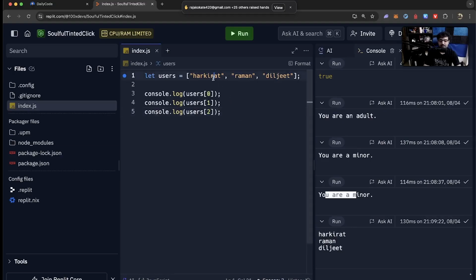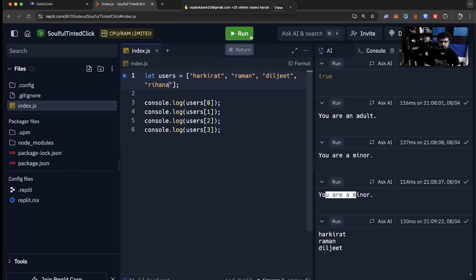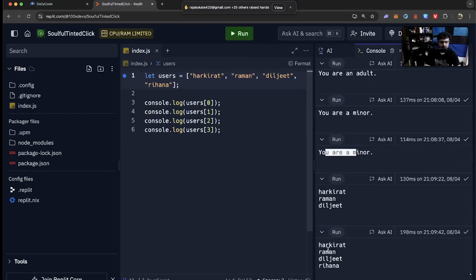But if this array becomes bigger, what will you do? You will also write code here. If I have to introduce another element here, I will have to introduce another line of code over here, 3. When I add some random name over here, let's say Rihanna, then 4 gets printed. What if I could write something like,